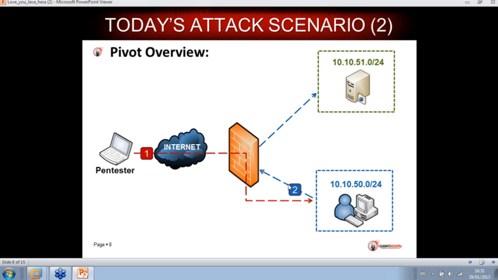So we send the package to the Windows 7 box. It's going to send it to the FTP server. The FTP server is going to give a response with the result to the Windows 7 box, and once the Windows 7 box has the result, it's going to send it back to the penetration tester. Okay, so as you can see, we have a firewall in the middle of this process. This firewall doesn't trust our machine, the penetration tester machine, but it trusts the Windows 7 box. So the Windows 7 box can have full access to the FTP server and do